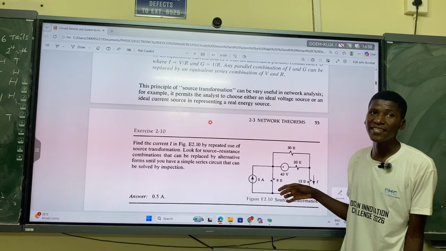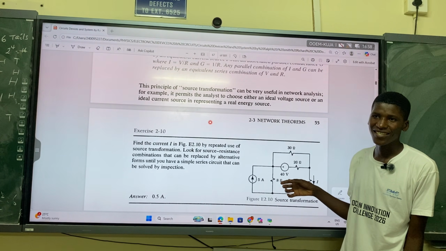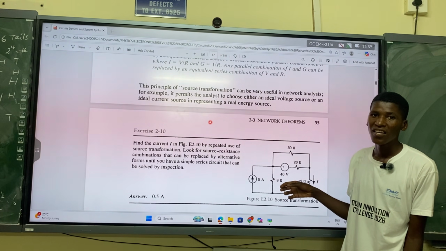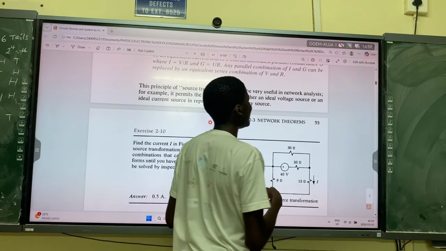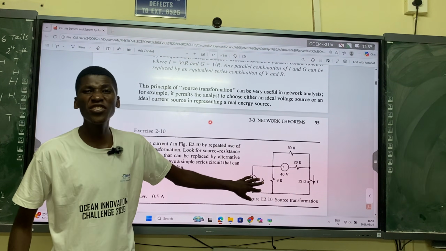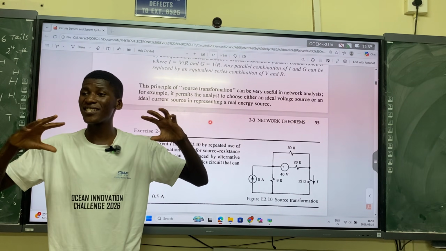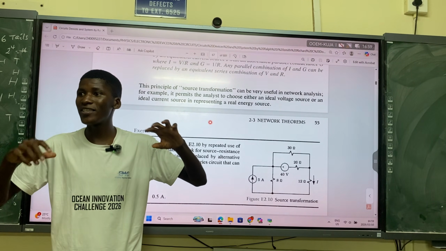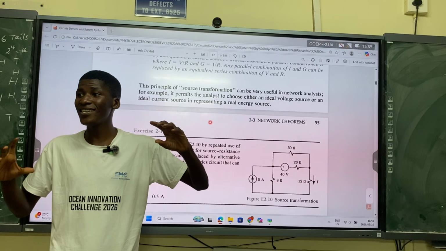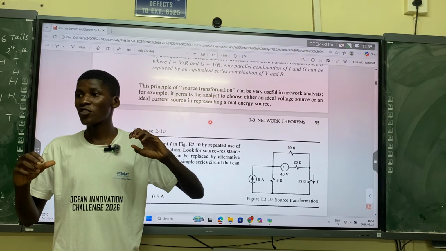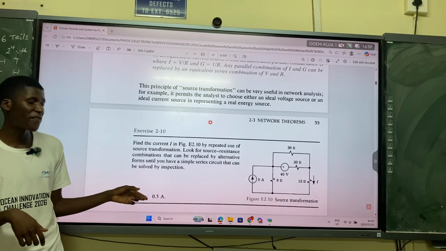I know you can do it, even if we do it, I will know. There's not much time left, but you can do this problem. I'm sure you know how to deal with 2 power sources that are in series with one another, because later it will reduce to 2 power sources that are in series with one another. So you will know how to deal with it and we get this 0.5 when we continue.